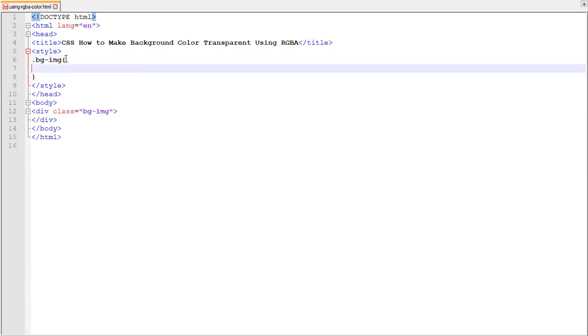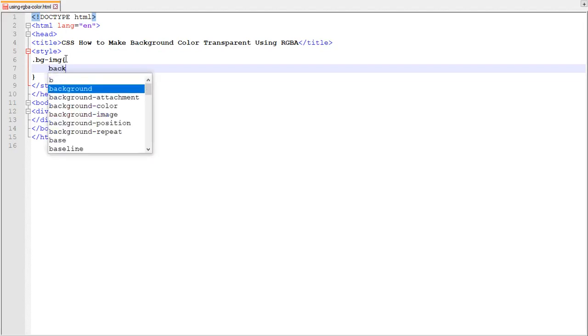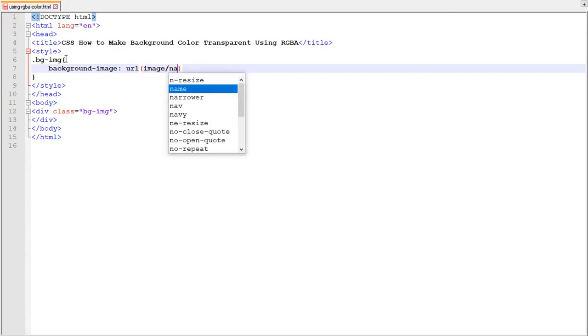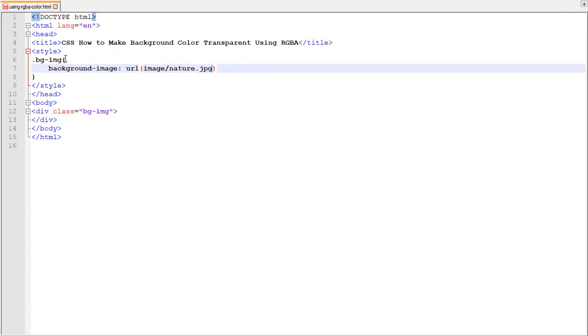Inside that you have to specify some CSS to give a background to it using the background-image property, url, image/nature.jpg.